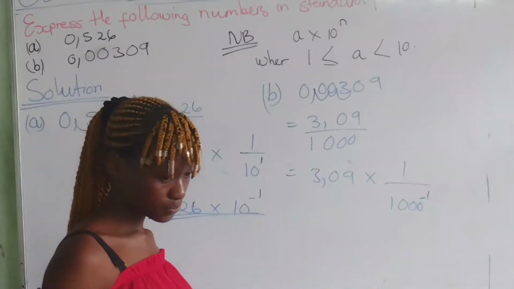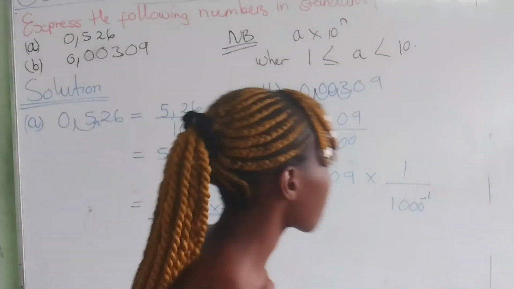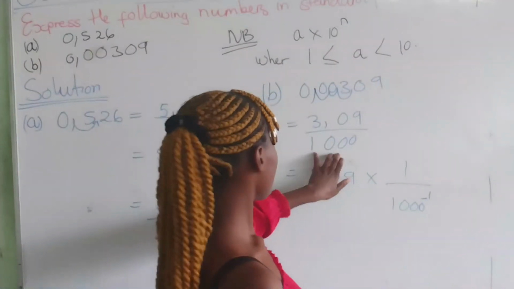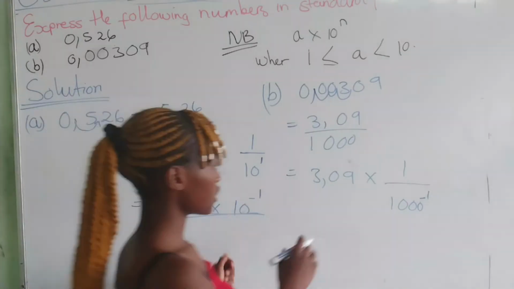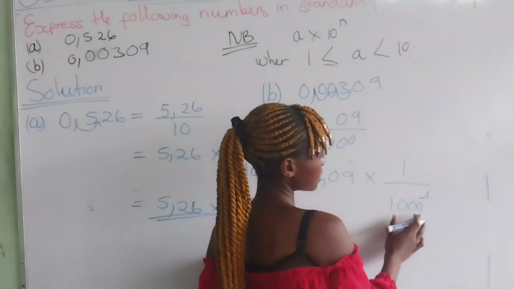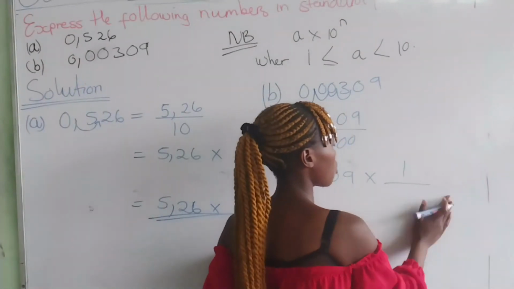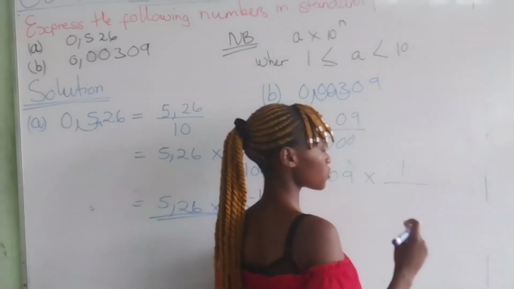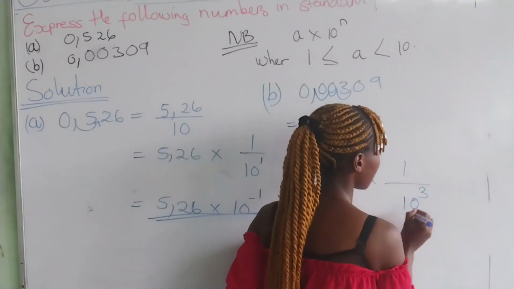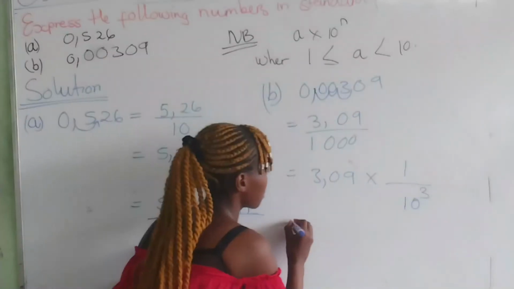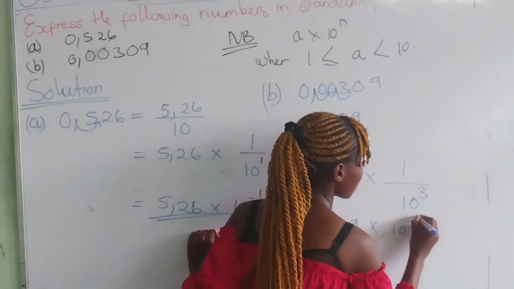But for now, we can change this. We want it in standard form, that's the tens. So for this part, instead of saying the 1,000, we can put how many tens are in the 1,000? That's 10 to the power 3. Okay? So it's going to be 3.09 times 10 to the